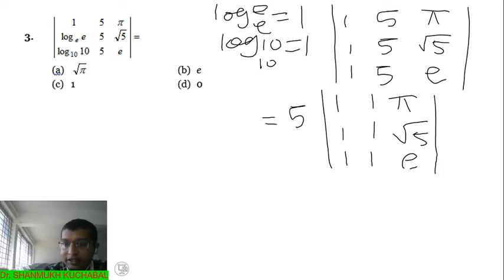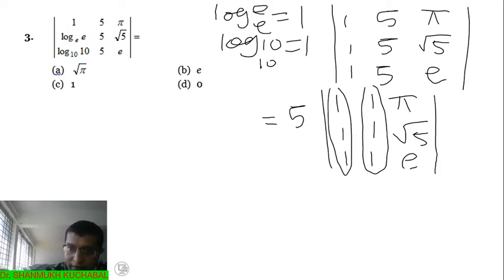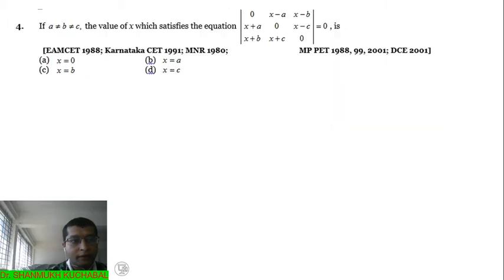See dear friends, just look here, column 2 and column 1 are identical. Then what is the value of the determinant? Yes, you are right, it is 0. 0 into 5, it is 0. Therefore, which is the correct option? Yes, D is the right option. Yes, it is very simple. We have to take values and simplify it. So we'll move to the fourth example.